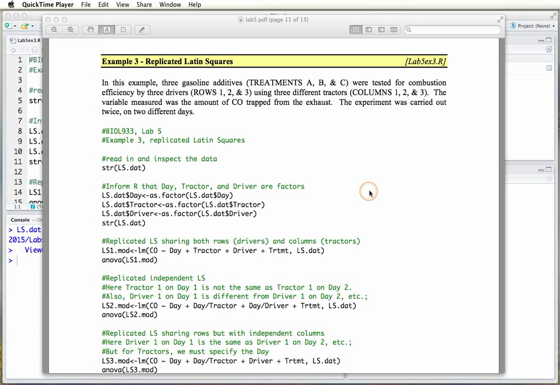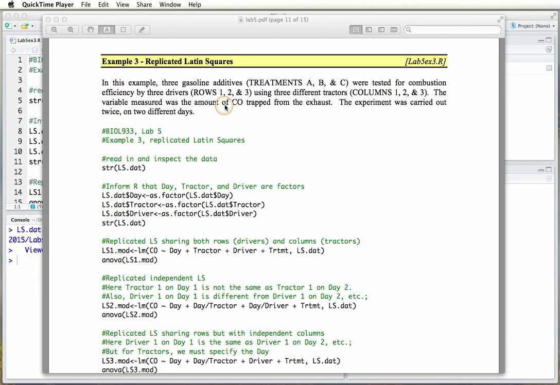In this experiment, what we're looking at are 3 gasoline additives. So we have 3 different treatments, A, B, and C, that we're adding to gasoline. And we're looking at their effect on combustion efficiency. The way we do this is by measuring the amount of carbon monoxide that's coming out of the exhaust pipe. So if you have better combustion efficiency, you have lower levels of carbon monoxide. Great. So in the end, the objective of the study is to evaluate which one of these treatments helps increase